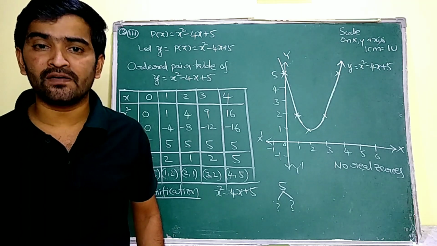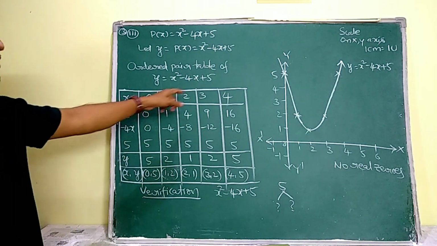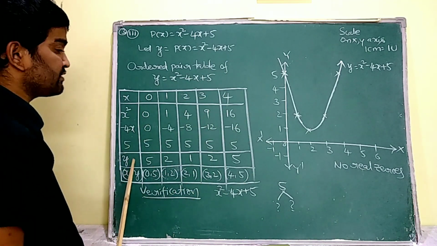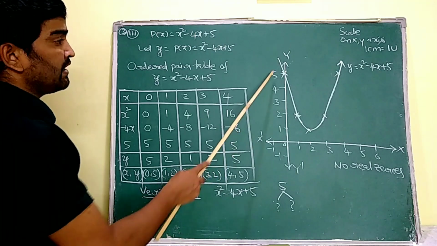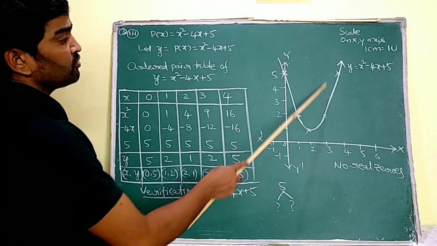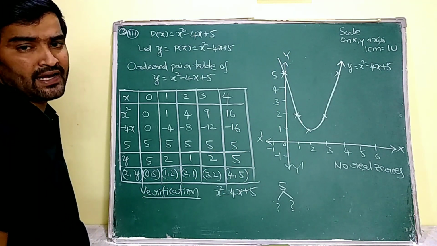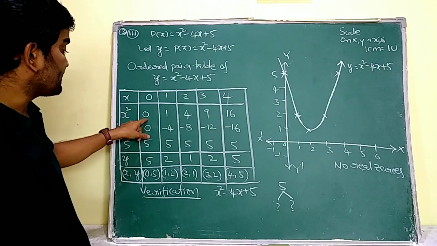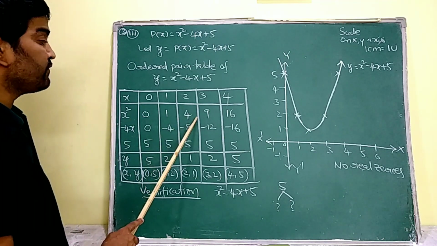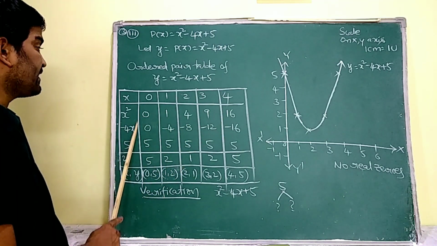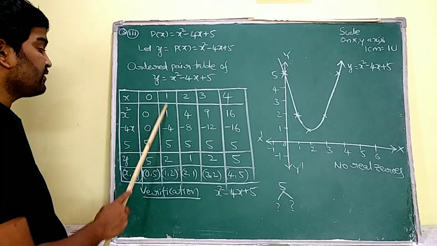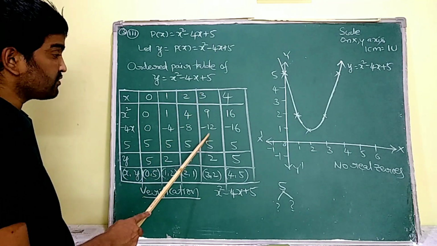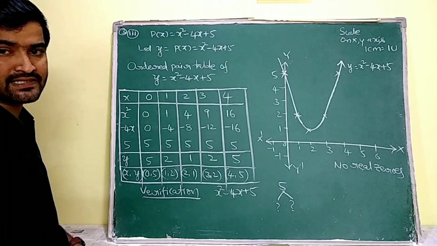Okay, in this type of graphs, you have to start from 0 to some numbers. Plot each and every point which you are going to obtain in the ordered pair table, until the graph again moves forward without touching the x-axis. So I considered 0 to 4 as x values, and then x square is equal to 0, 1, 4, 9, 16. Minus 4x: minus 4 into 0, 0, minus 4 into 1, minus 4, minus 4 into 2, minus 8, minus 4 into 3, minus 12, minus 4 into 4, minus 16.